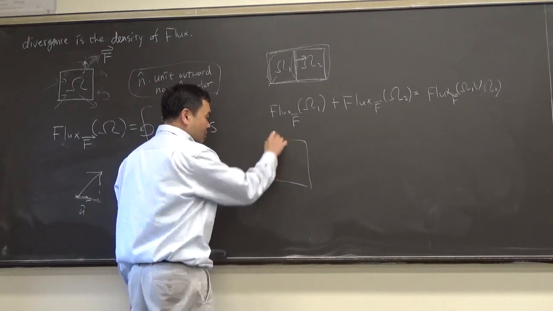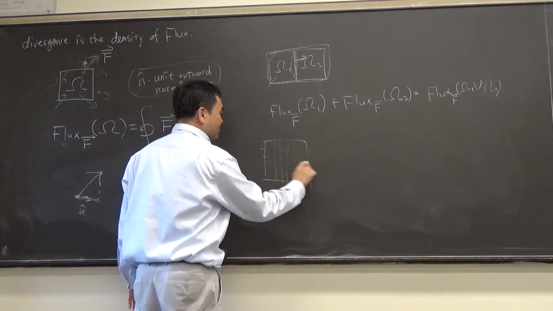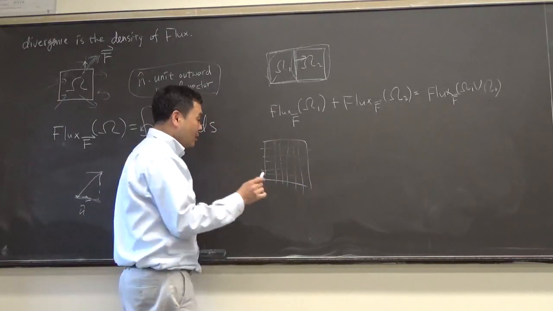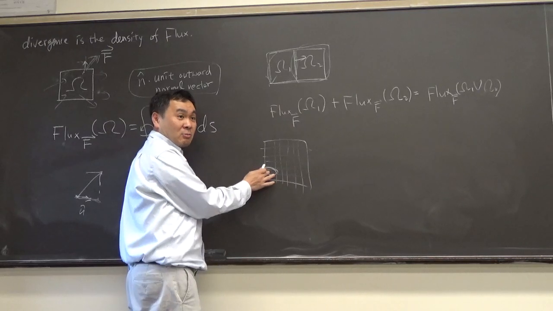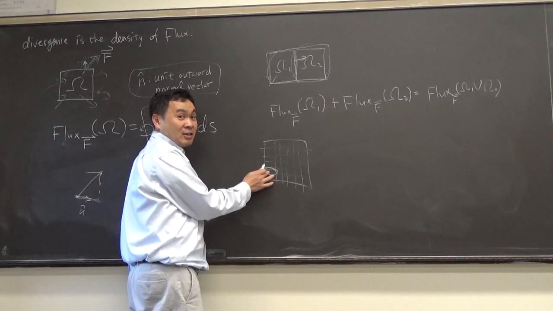And what you do is you can take any domain and divide it into very, very tiny ones, and you can talk about flux around a very small region and take the density of it. Okay, so